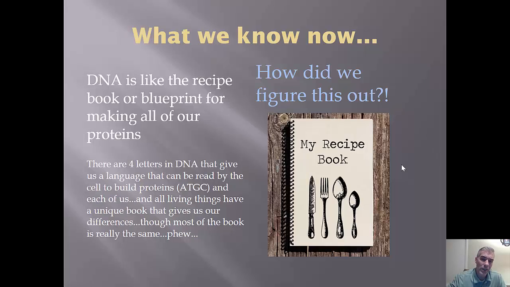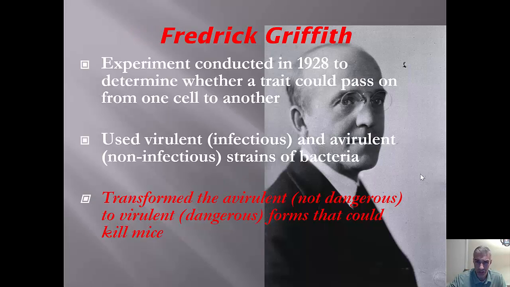So what we're going to focus on in this video is how do we figure all this out? How do we know that DNA was the genetic material? The first experiment that's really important to understand is Griffith's experiment. So this is one of the first times that we've actually gone through some experiments that they expect you to understand on the AP exam. So Griffith's experiment, what he did in 1928, so less than 100 years ago, right?